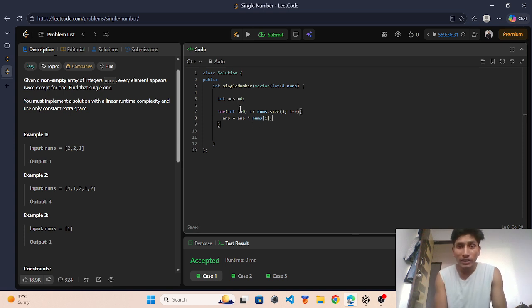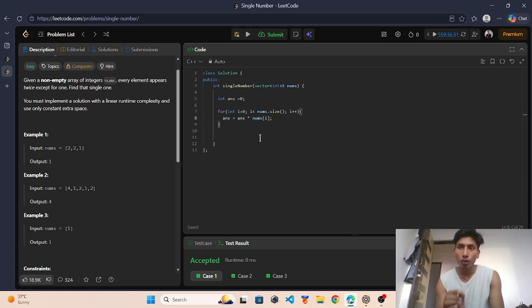We have to notice this logic and how it works with ans. ans is equal to 0 here. When the loop runs with i equal to 0 and nums[i] is, suppose, 2, it means 0 XOR 2. So what is the result of 0 XOR 2?